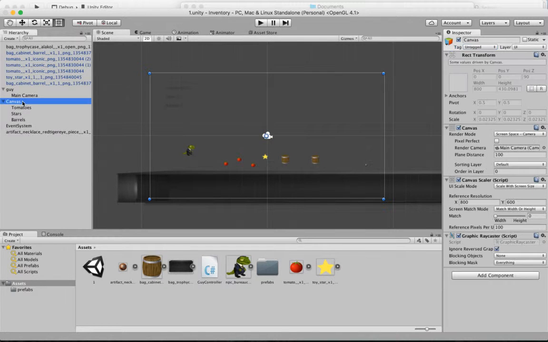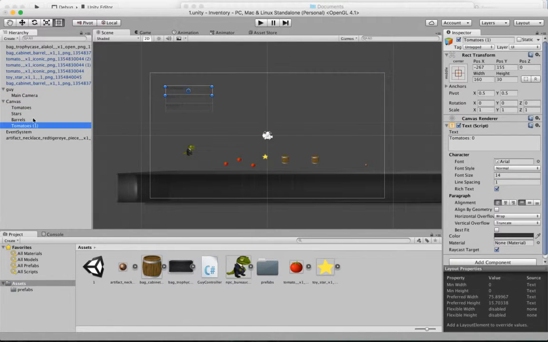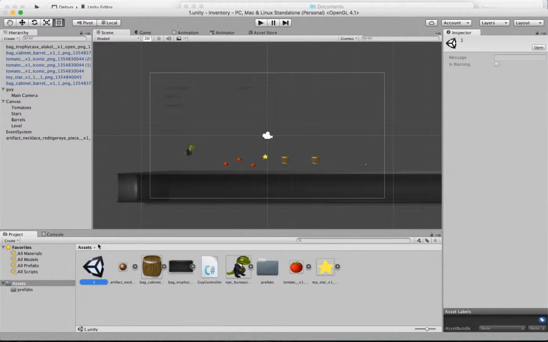And let's see, back to our canvas, I'm going to add one more. I'm going to duplicate this tomatoes, and I'm going to call it level text. Or just level. How about just level? I'll move it over here. And the text I'm going to say here is just going to be level 1. And I'm going to save all this, and it's all saved into this